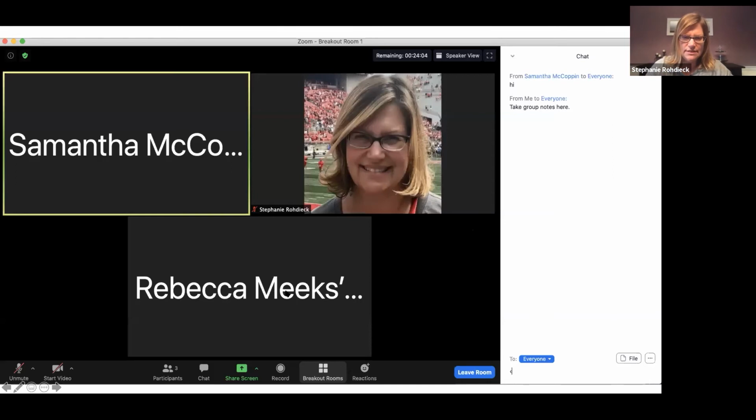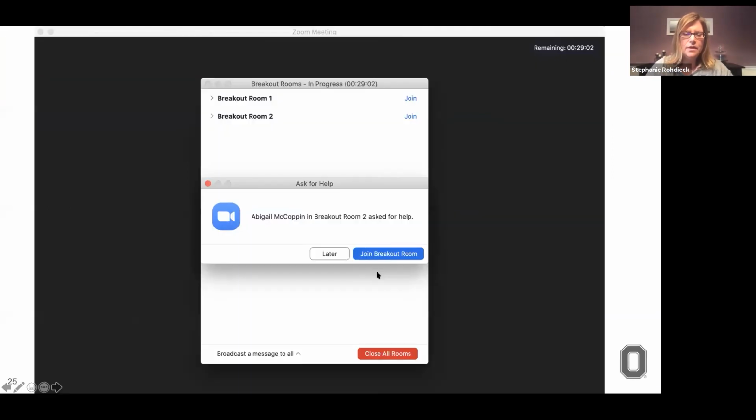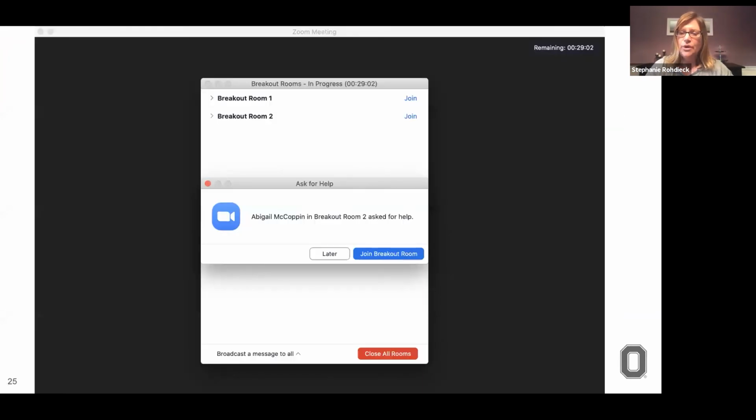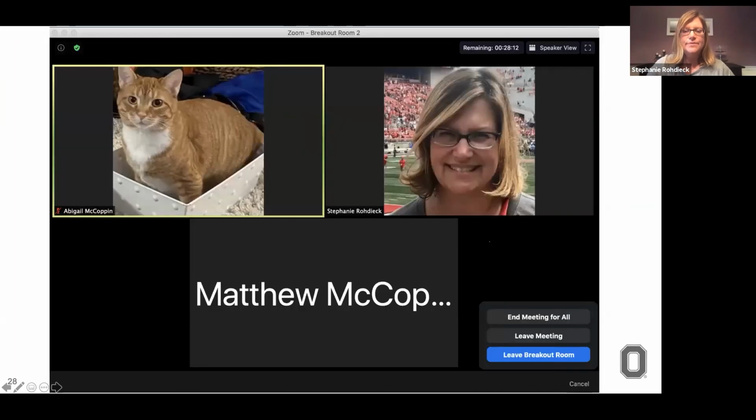Let me see if I can go back here. There is a join a breakout room option that looks a little similar to this, but it will be down below. When you click on it, you can say join a breakout room, and then you tell which breakout room to join. So here it is right here. I knew I was on the right screen. Up in the top, if I just want to pop in, there was the question of how do I pop in? When you're in the main screen, you will see all your breakout rooms listed, and then you click on the join for that group, and you'll just pop into that room. So hopefully that answered that question.